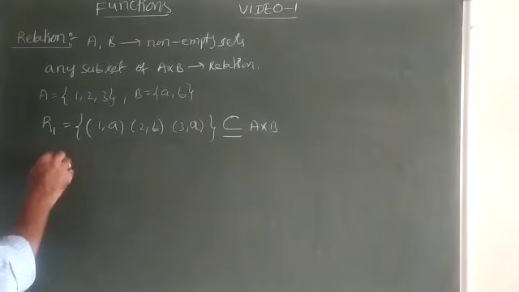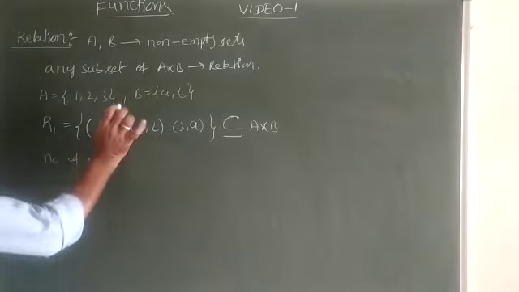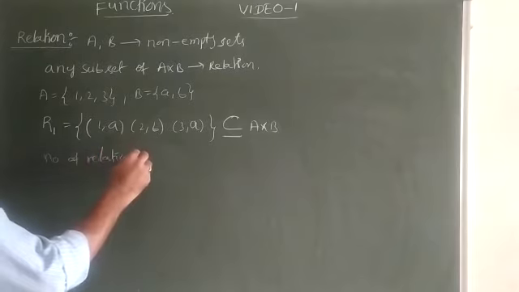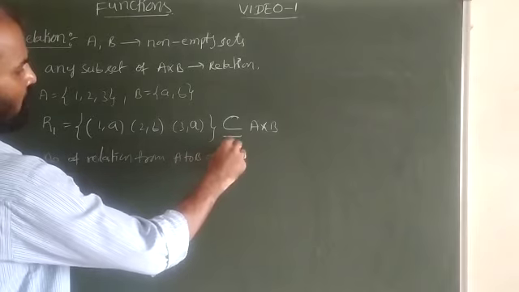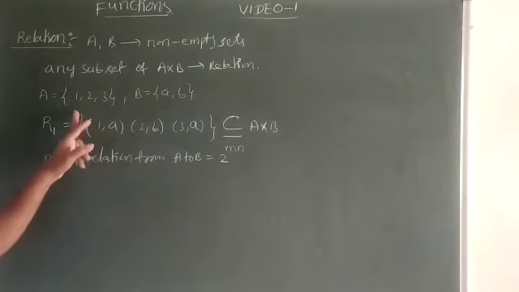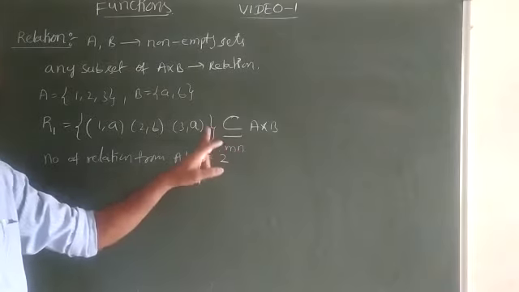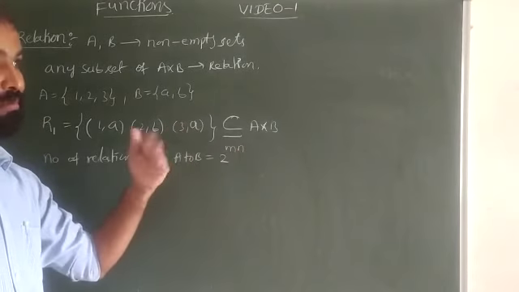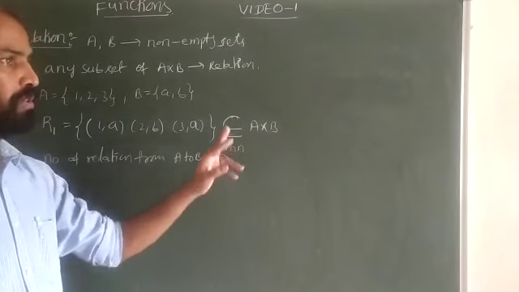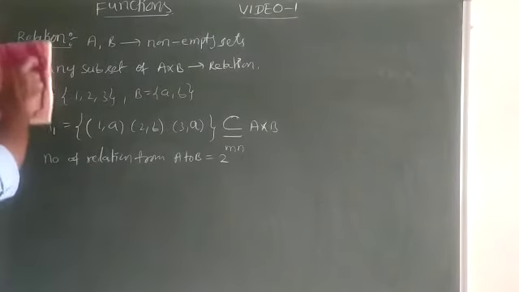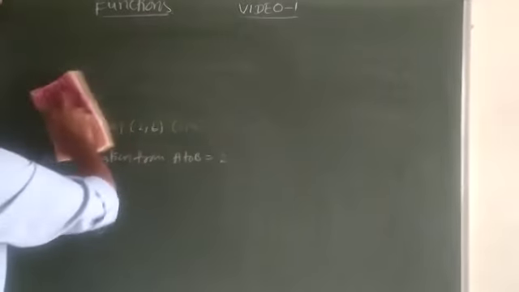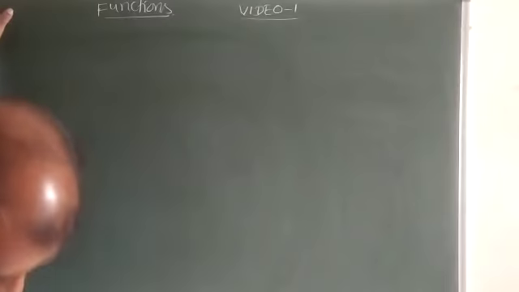Now the number of relations from A to B is 2 power m into n, if set A has m elements and set B has n elements, then the number of relations is 2 power mn. ఇవన్నీ మనకు ఆబ్జెక్టివ్ వస్తాయి. ఐపీలో అంత అవసరం. నెక్స్ట్ ఆఫ్టర్ రిలేషన్, నౌ ది మెయిన్ డెఫినేషన్ ఫంక్షన్స్. మన చాప్టర్ ఫంక్షన్స్ కదా, అందులో ఫంక్షన్ ఇప్పుడు డెఫినేషన్. ఇవన్నీ తెలిస్తేనే మనకి ఫంక్షన్ డెఫినేషన్ ఏంటో అర్థమవుతుంది.